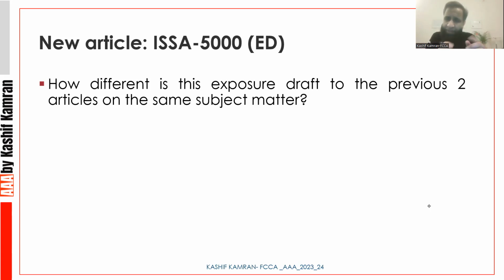Now, when you look at the 2 articles with the particular framework, you're getting a better approach to sustainability assurance. Now, in 2024, when you're looking at these articles, you say, oh, I have a framework, and the previous 2 articles are now to be read in line with the framework. But again, there is no contradiction, right? There is no contradiction between those 2 articles and what's referred in ISSA 5000. So can you read the previous 2 articles? Yes. You will find no conflicts.